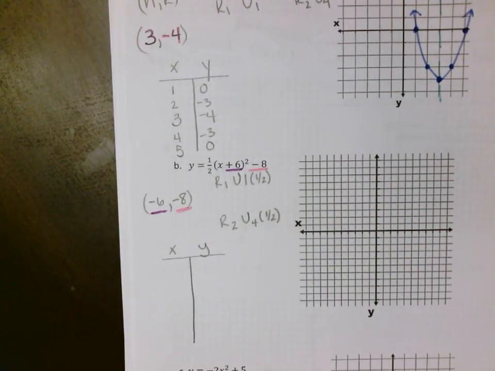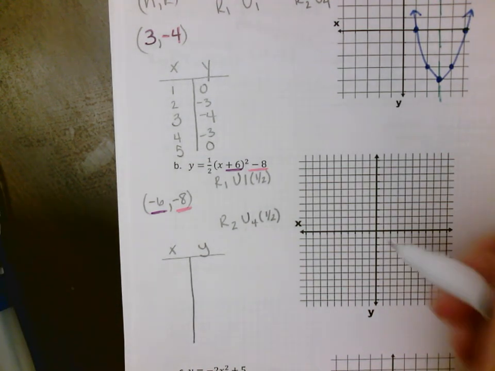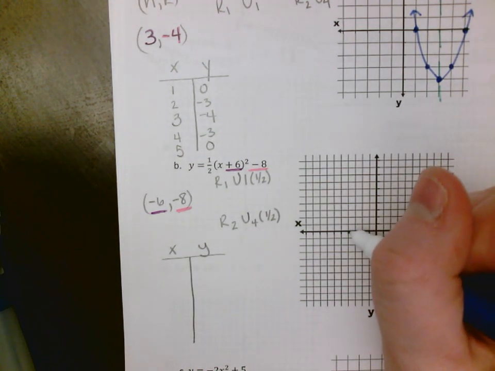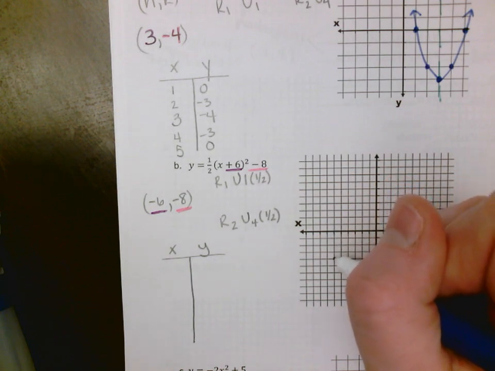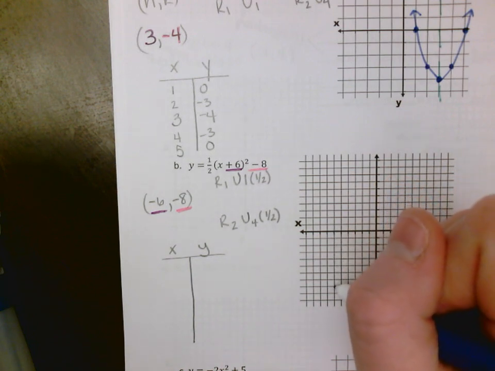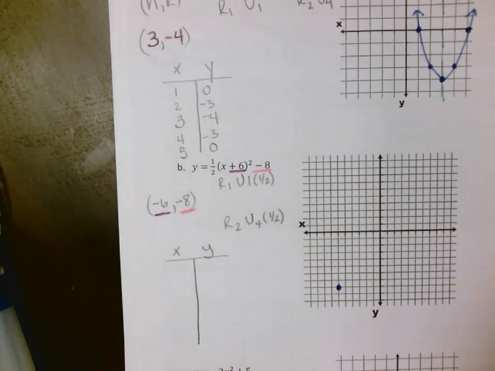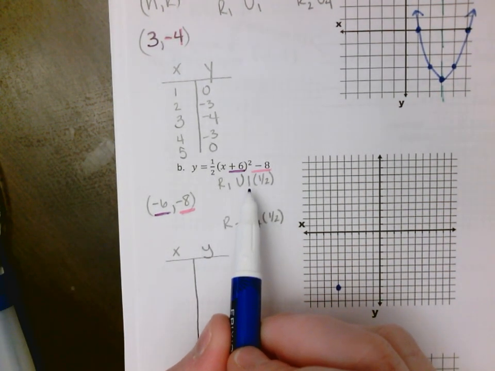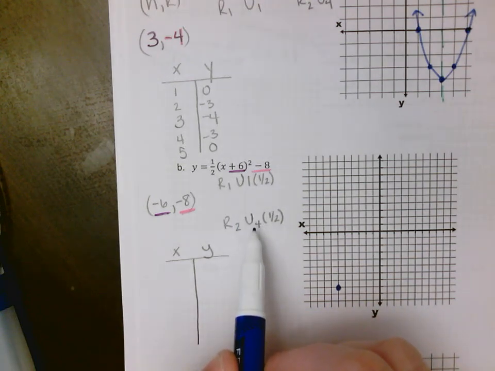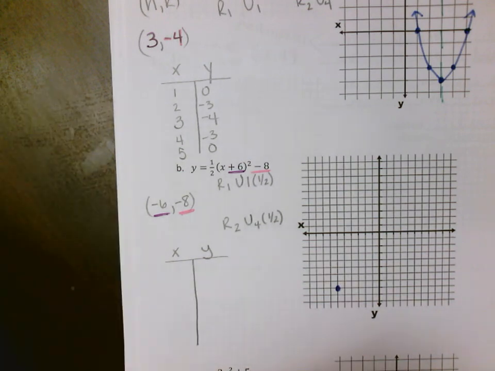So I'm going to start at that point and plot that out. So -6, 1, 2, 3, 4, 5, 6, down 8, 1, 2, 3, 4, 5, 6, 7, 8. Now I have an A value. Your A value is on your vertical numbers, so I could take a half times my 1, and here I could also do right 3